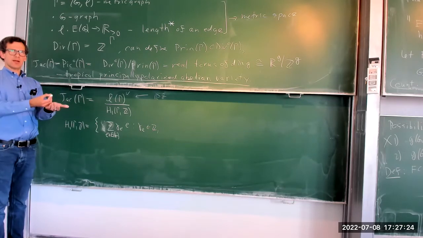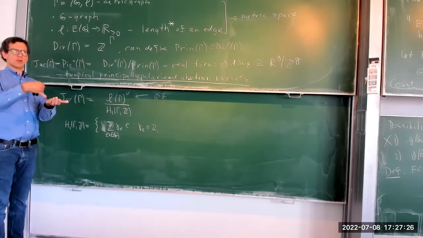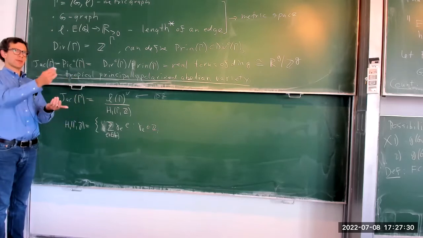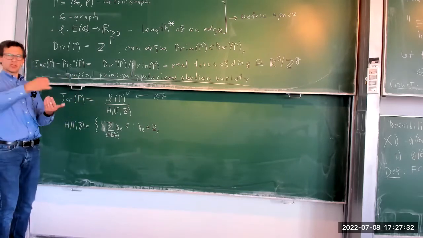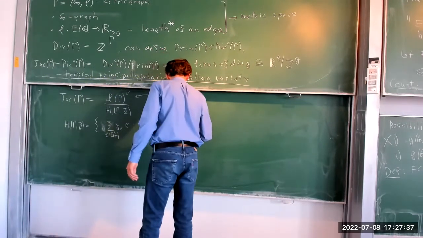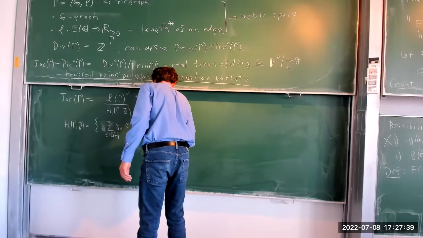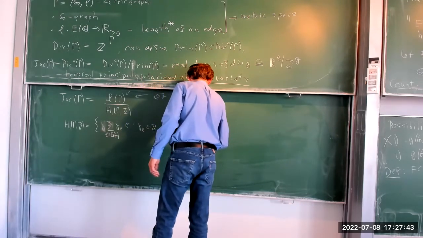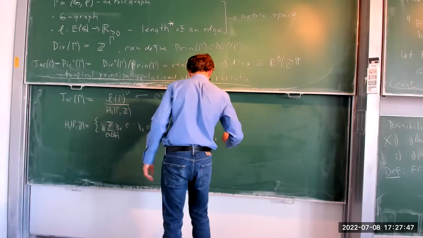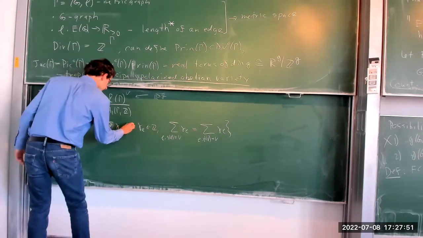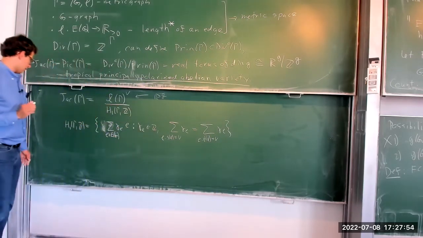So if you look at every vertex, the total sum of gamma_e's over the edges coming out of that vertex and the edges coming into that vertex are the same. So the sum of gamma_e over all e such that the source vertex of e is v equals the sum such that the target vertex of e is v. Oh, so I picked an orientation for the graph, but the definition isn't going to depend on the choice of